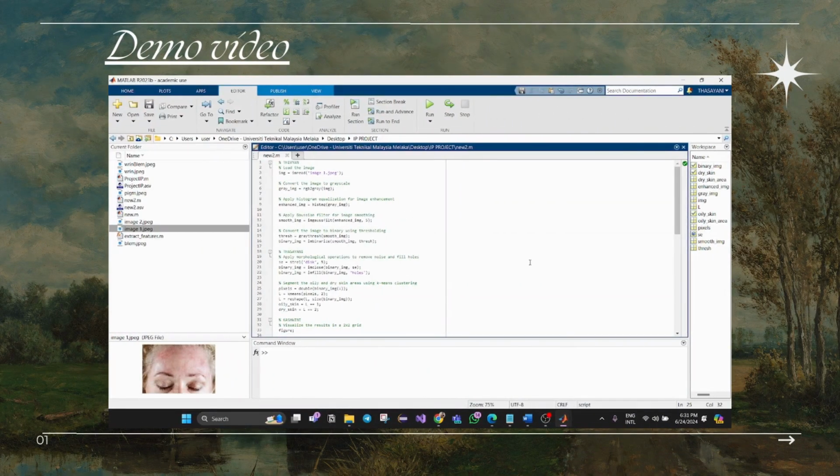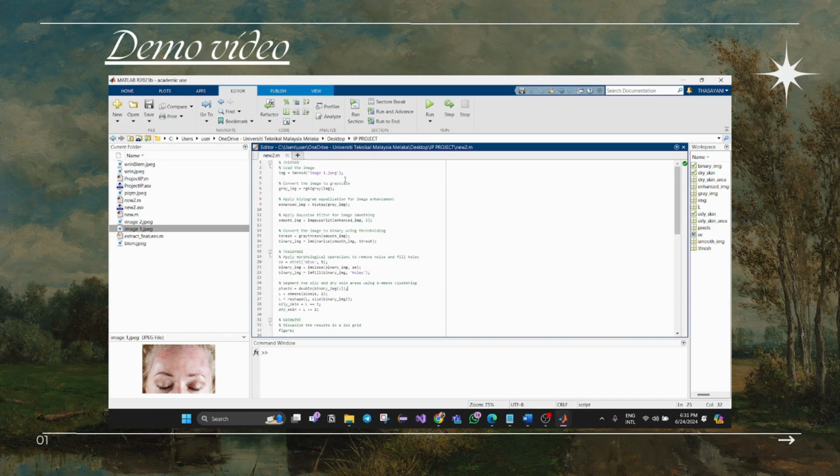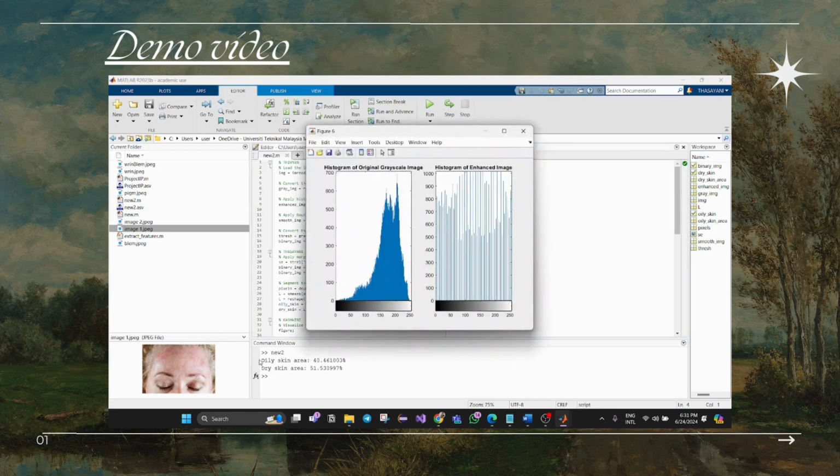Welcome to the demo of our mini project, facial skin texture analysis program. For this we need to get ready with our code. So here is our code, and we are using image 1 as our input. Now let's run the code. When we run the code, we will first get the percentage of oily skin areas and dry skin areas in the command window, followed by